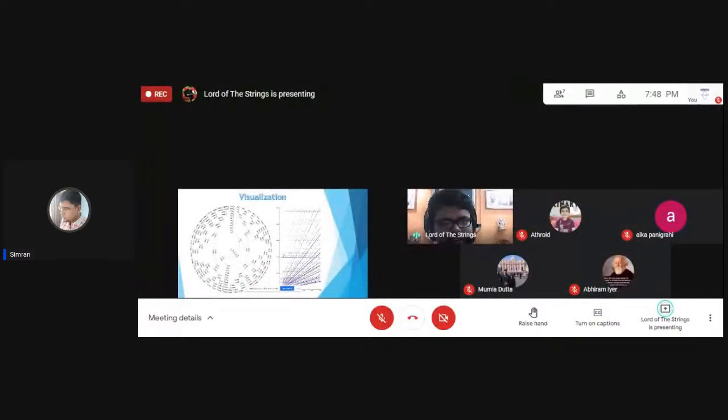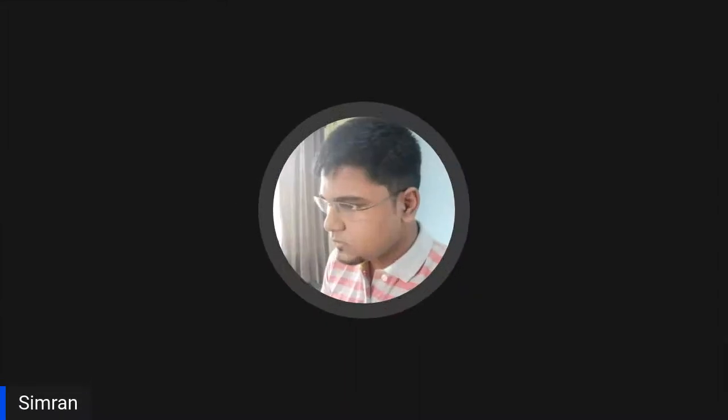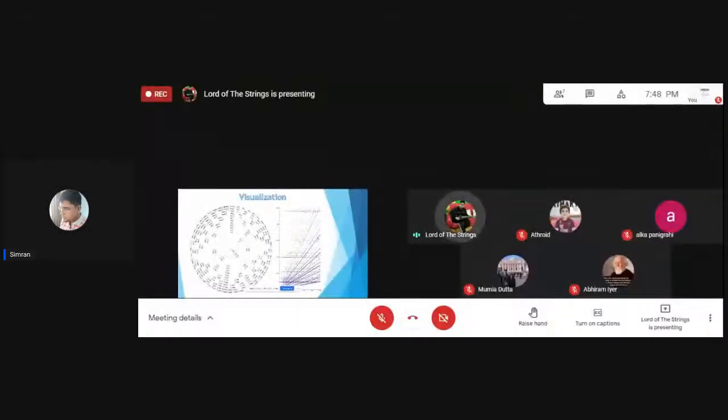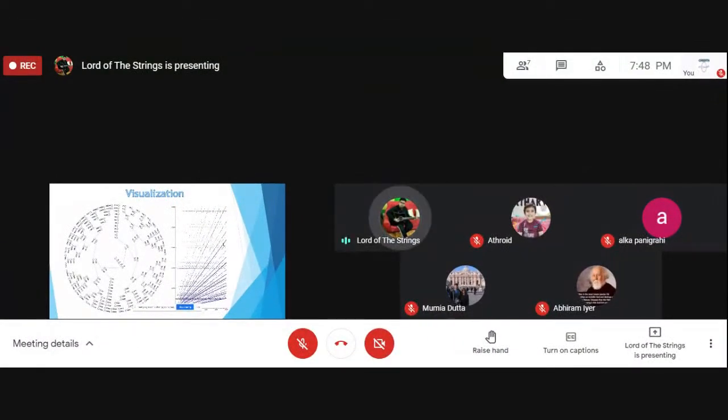I'm not going back, I'm just telling you. If we are taking the number 11, so 11 into 3 plus 1 is 34. 34 by 2, we get 17. So when we take 11, what are the numbers we are getting in the 11 sequence? We are getting 34, then 17, then 52, 26, 13. So these numbers which are already in the 11 sequence, that is 34, 52, 26, are also part